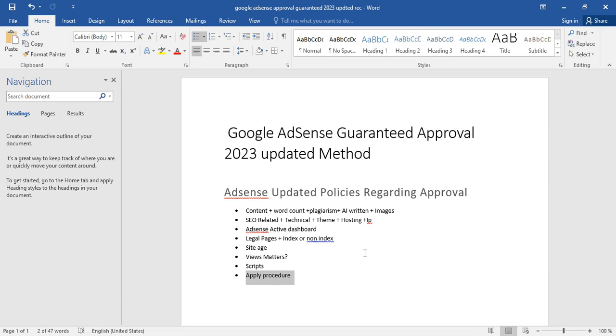You should have a certain amount of topical authority. For example, you should have covered a topic to an extent that can satisfy a user, that can satisfy Google.